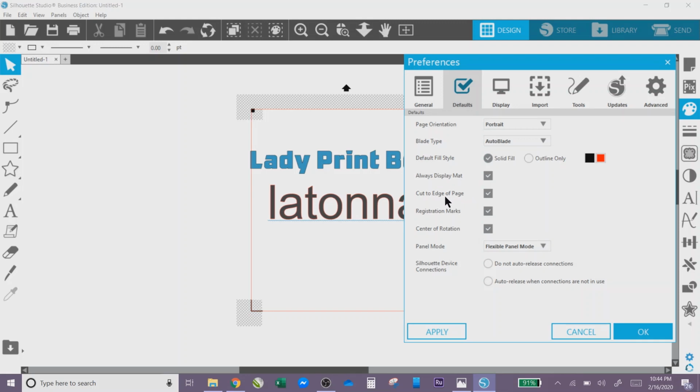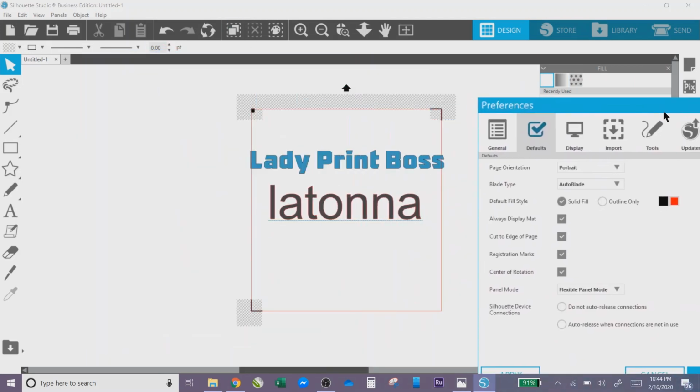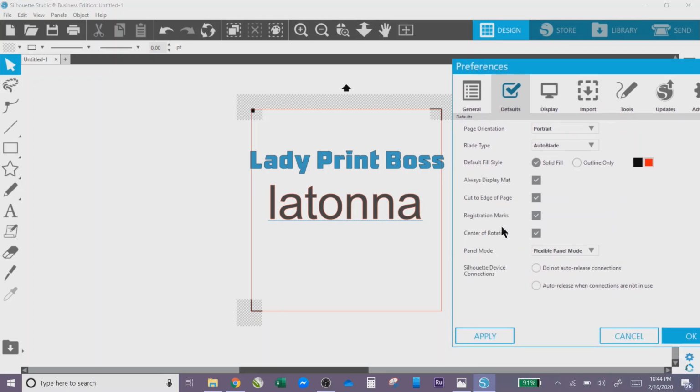I want to be able to cut to the edge of my page. I'm going to leave that on. And whether you want your registration marks to show all of the time. And these are the registration marks right here. Registration marks are only needed pretty much if you're doing cut and print stuff, which is what I'm going to be doing. So I'm going to leave my registration marks on, and I can always go in and manually,